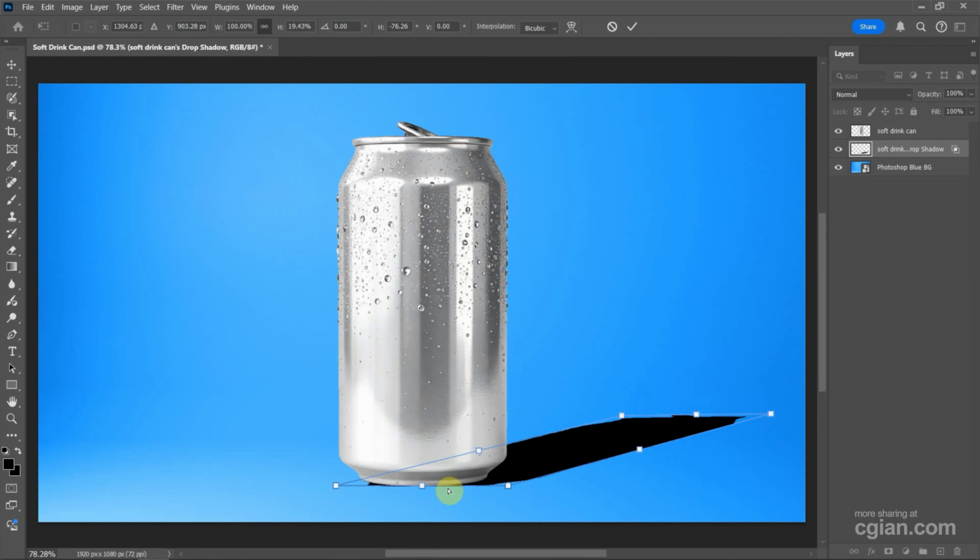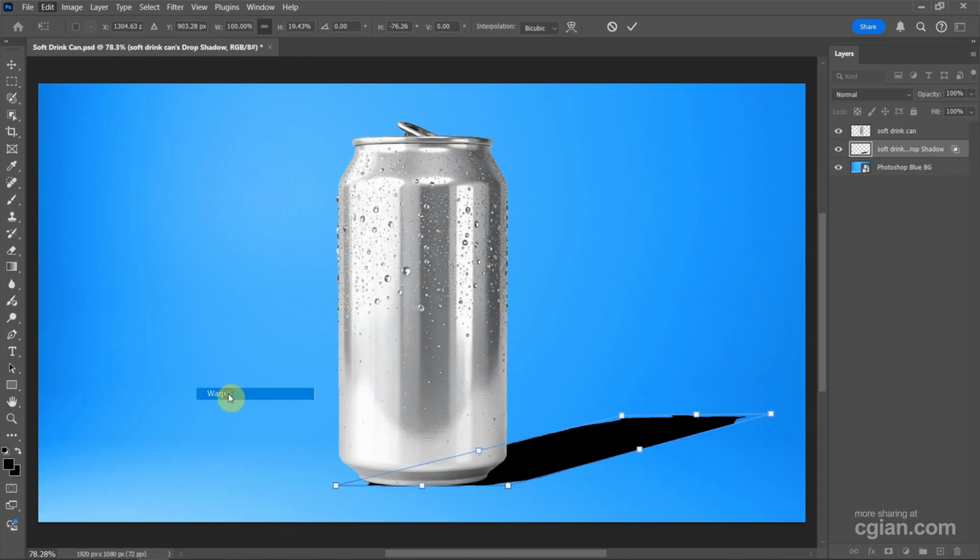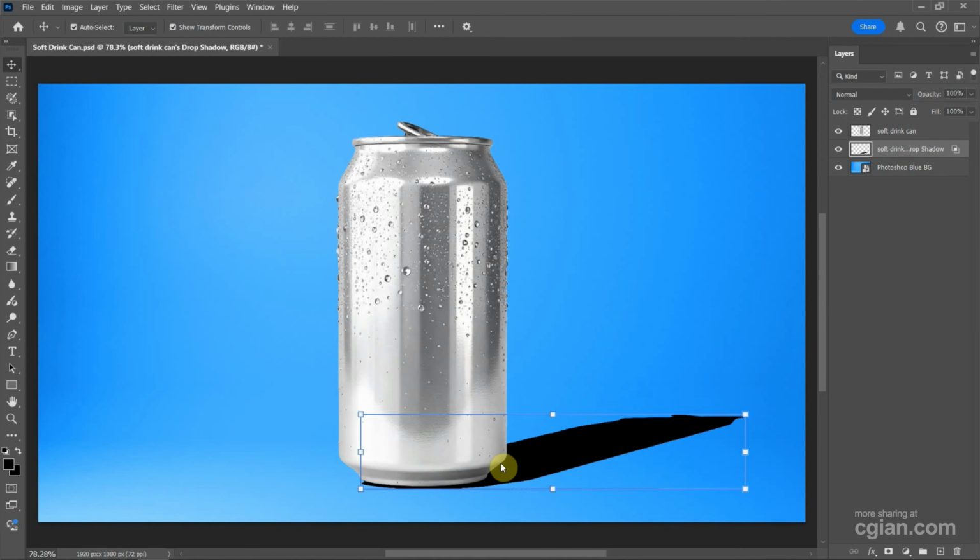Also, if you want to match the perspective, we can go to Edit and Transform. We can use Warp, and then we can make it something like this, and then press Enter to apply it. Now, if you want to make realistic shadow, the front part of shadow is sharp and the rear part of